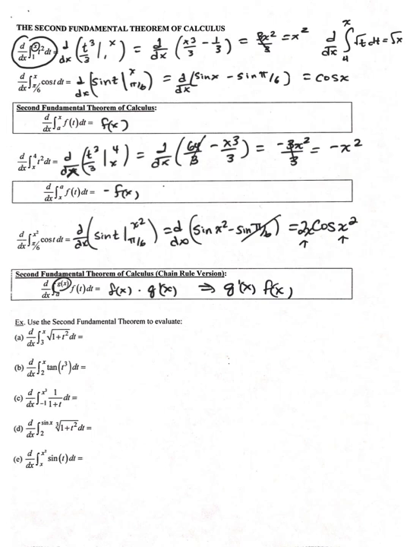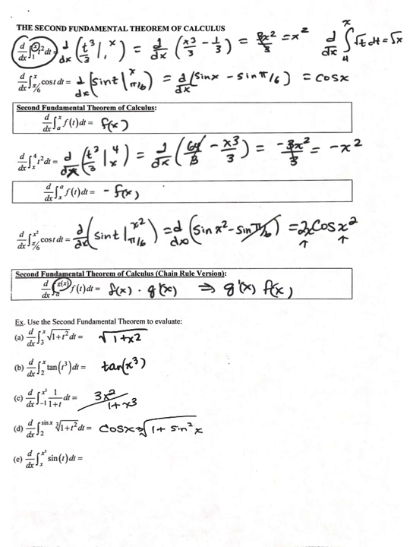Okay, so looking at these examples here, I put in my upper bound. That's an example of the top rule. So I just get the square root of 1 plus x squared. Second one here, I just put an x tangent x cubed. Third one here, I'm going to put in the x cubed for t, but I'm going to multiply by 3x squared. So I get 3x squared over 1 plus x cubed. Next one, I'm going to multiply by the derivative of sine, which is cosine. And then I have to put in my sine in place of my t,